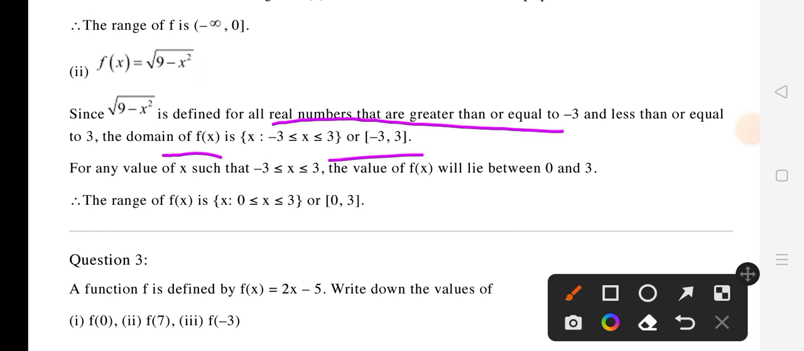तो कोई भी वैल्यू एक्स के लिए एक्स जो है -3 और 3 के बीच में लाई करेगा इंक्लूडिंग एंडिंग पॉइंट्स। द वैल्यू ऑफ एफ एक्स लाई बिटवीन 0 एंड 3। तो रेंज एफ एक्स का बोला जाए तो एफ एक्स जो है लाई करेगा 0 से 3 के बीच में, क्लोज इंटरवल 0, 3।